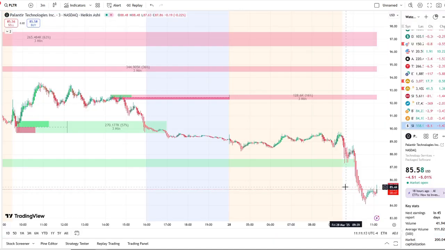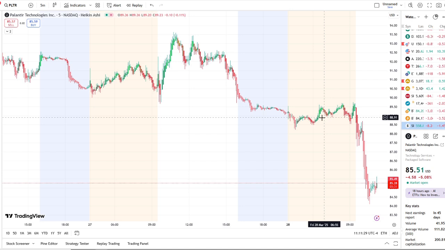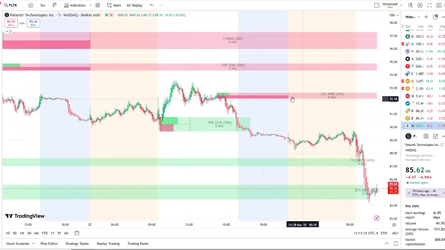So here we are with PLTR breaking through the support from yesterday at the open. Outflows were dominating here in the second half. You could see that there on our inflow versus outflow, 128,000 of outflows. And if we go to the 5-minute, we could see it here as well, how outflows are dominating since yesterday. Slightly above that level at